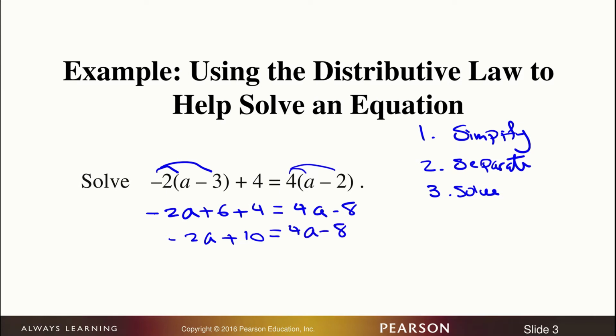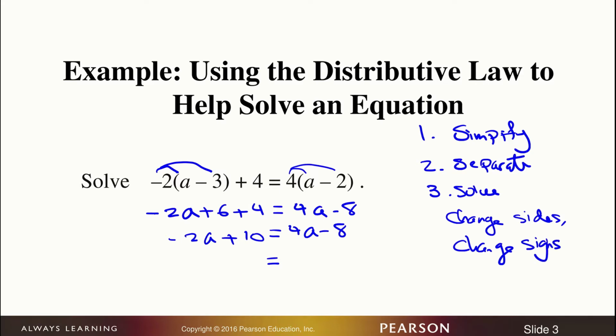Now, we no longer have anything to simplify, so we're ready to separate. So we're going to move the variables to one side, constants to the other side. I notice the 4 here is a larger coefficient for a than negative 2 here, so I'll choose to move my variable terms to the right side. And recall, always remember the nice shortcut, change sides, change